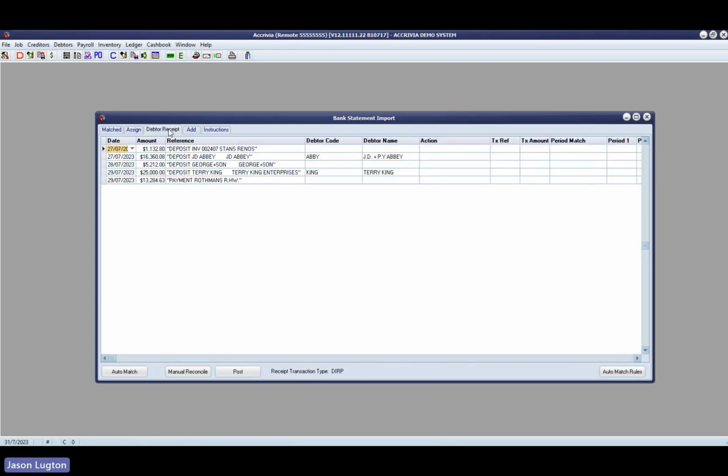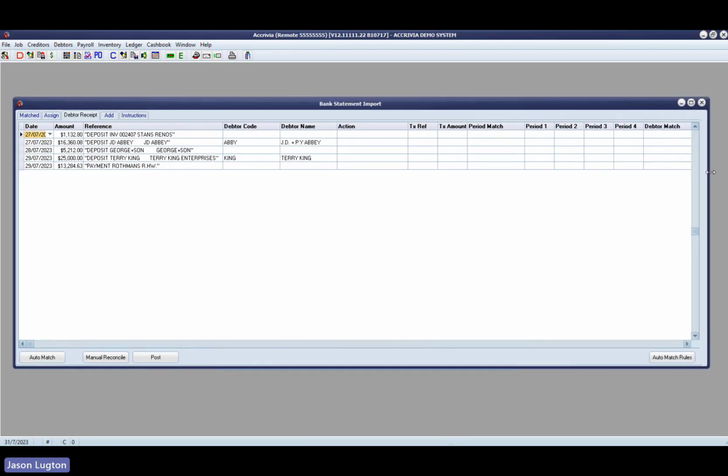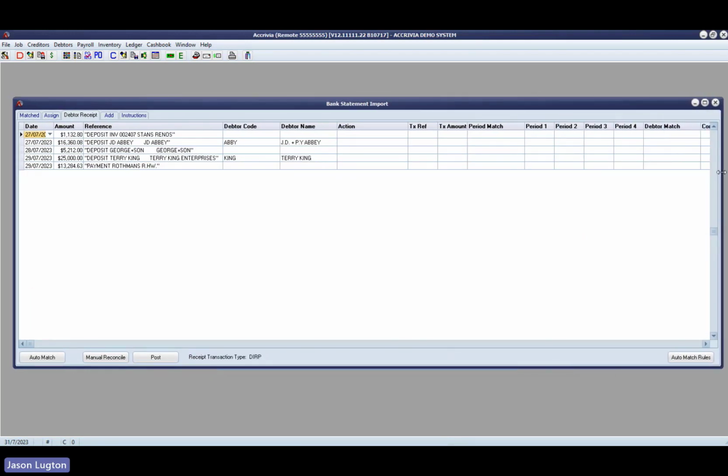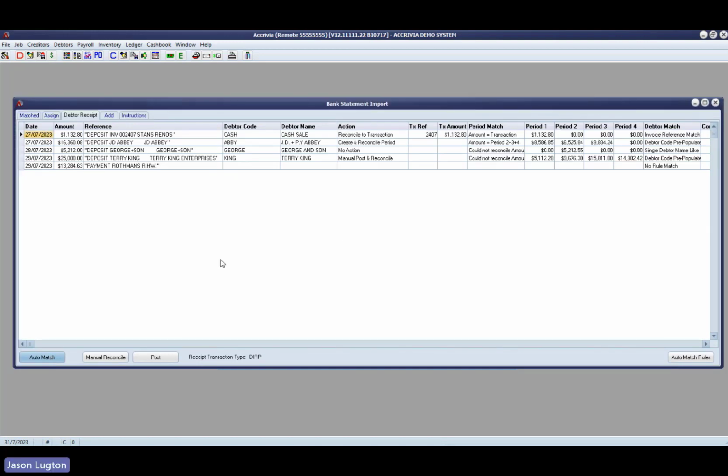So now let's jump into the point of today's webinar, the thing we really want to draw your focus to, and talk about the benefits of using the bank file to do your debtor receiving process. If I come in here and press the auto match, the system runs through, looks at the statement description that's come from the bank, and tries to find the debtor's account that goes with that entry. If it identifies that correctly, it puts the debtor code in here, the debtor name in there,